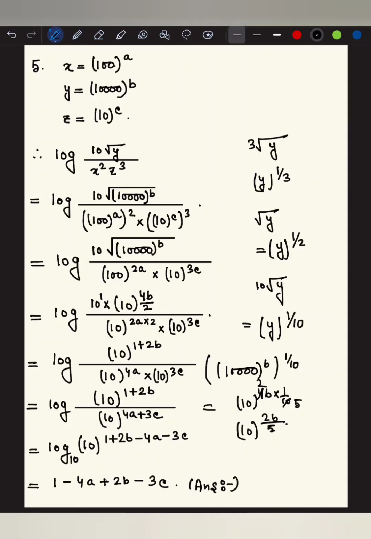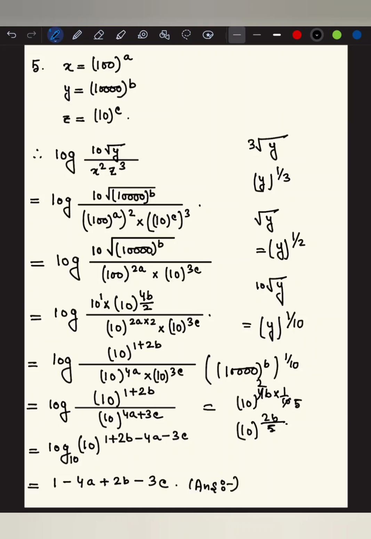as 100 to the power a, 10,000 to the power b and 10 to the power c. Here 10 into root y, in place of y I have written 10,000 to the power b, the value of y. Similarly, x square is written as 100 to the power a whole square, and z cube is equal to 10 to the power c whole cube. Got it? So this is equal to log 10 into root over 10,000 to the power b whole divided by 100 to the power a whole square, that means 100 to the power 2a. Similarly, 10 to the power c whole cube, that means 10 to the power 3c. Got it? Which is equal to log